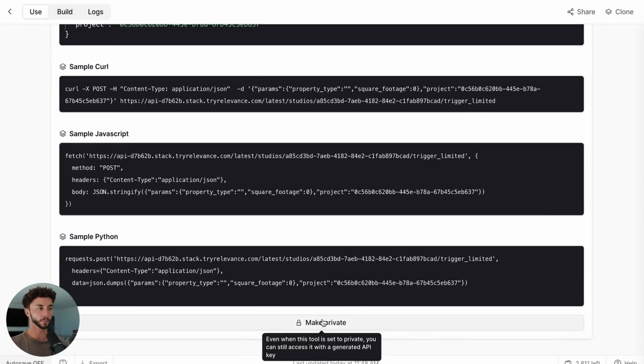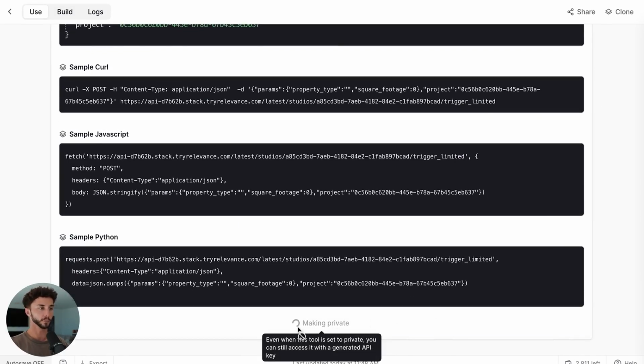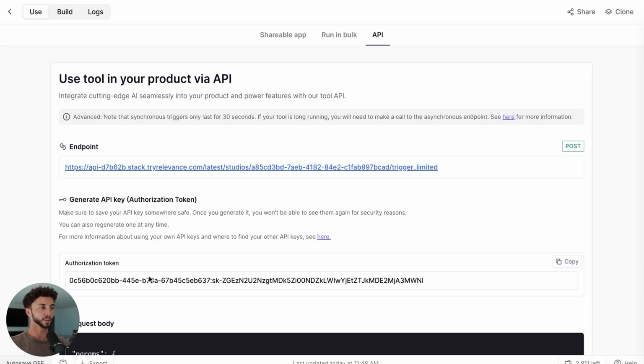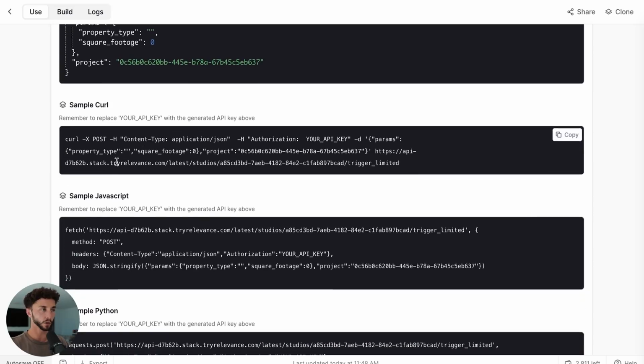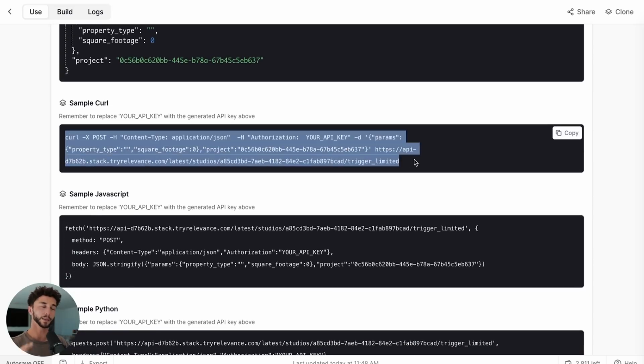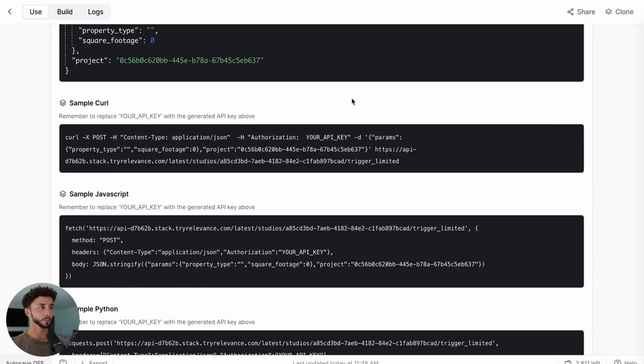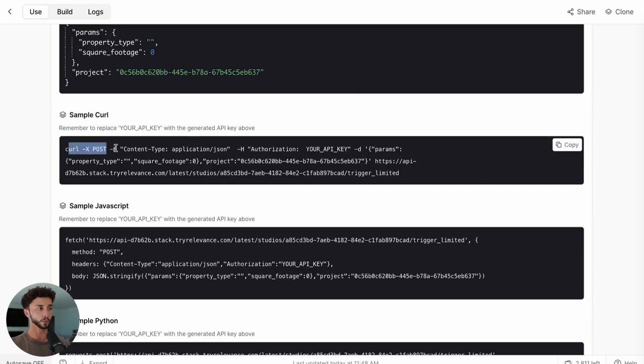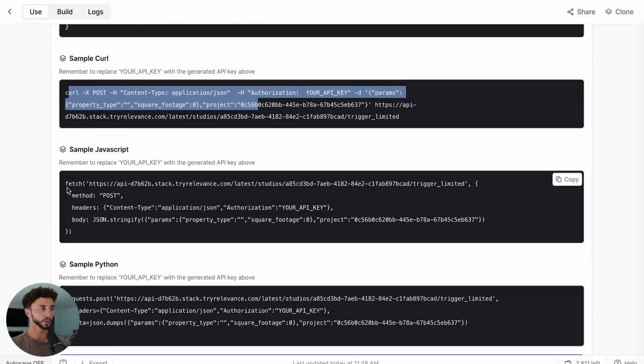Actually, I will do the API key just so you guys see how this works. We can make it private here. So now that we have our API key, we need to see how it's expecting to receive that API key via the HTTP request, which we're going to be sending from VoiceFlow. So if we scroll down here, curl is usually the one I like to go to. There is a little bit I haven't really explained in terms of headers and bodies when it comes to API calls. But for now, just know that when you have a curl request like this, maybe it's even easier on the JavaScript here. We have what's called headers, and this is basically like the envelope that you put the information